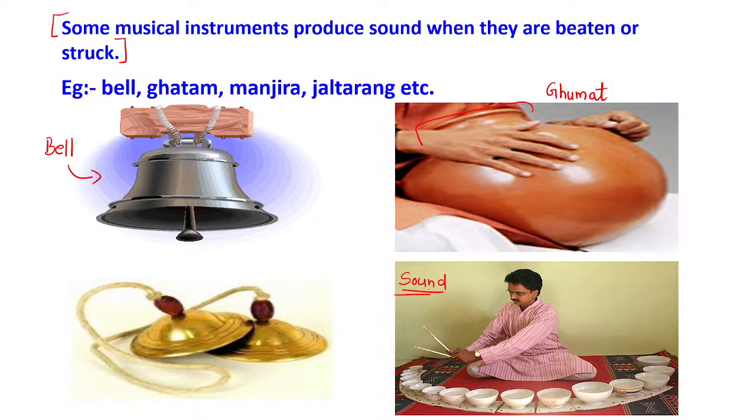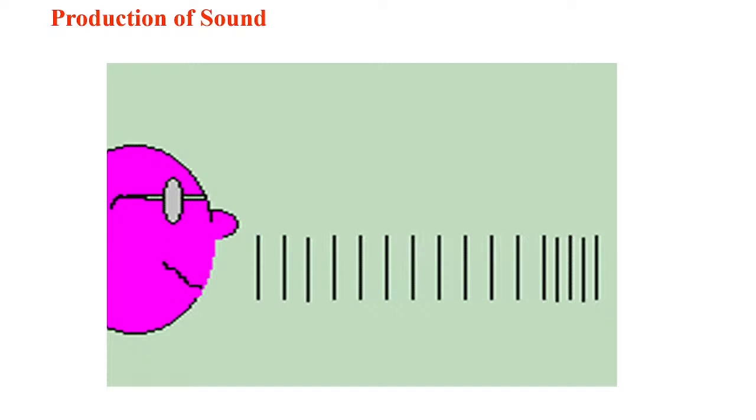So the different musical instruments that people play are all based on the production of sound. So what is the cause of sound? How is sound produced in these different musical instruments? What we have noted is that sound is produced due to vibration. Either a stretched membrane or a stretched string is there, or sometimes we strike the instrument, or we blow air into it to produce sound. Let us see how sound is produced by human beings.